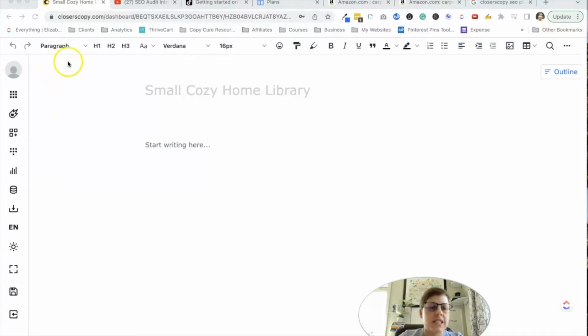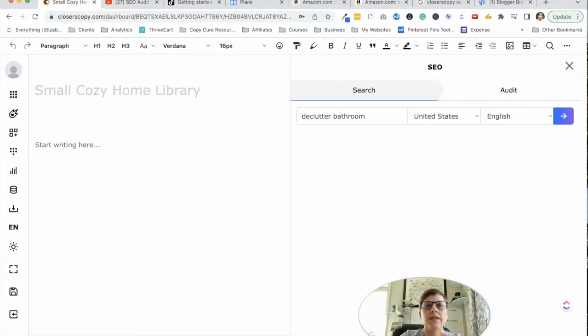So this is in Closer's Copy. You've created and opened a document, okay, and I'm going to create a blog post that's optimized for the keyword small cozy home library. So the first place I'm actually going to start is with SEO. And this is one that I actually do have a little bit of an outline for already, and I will add that in. But first,